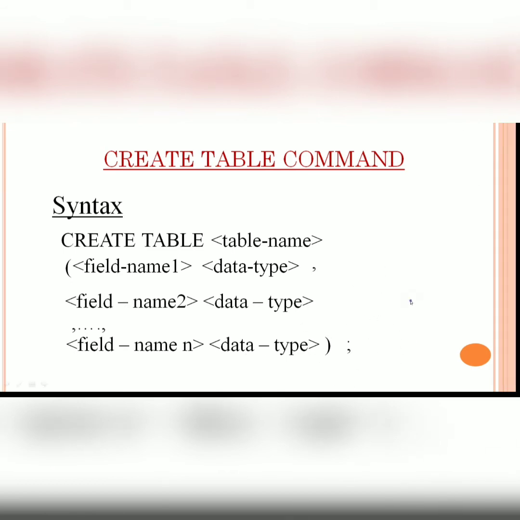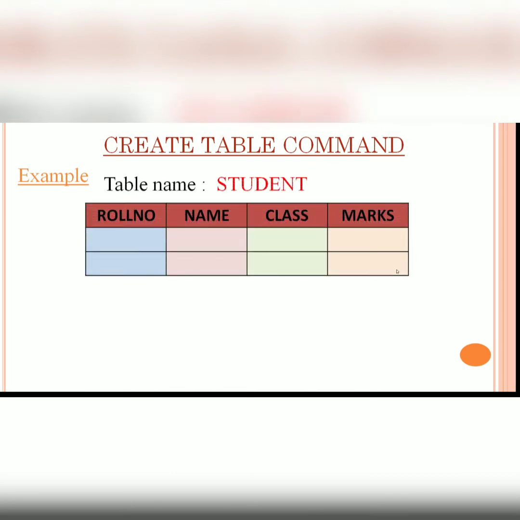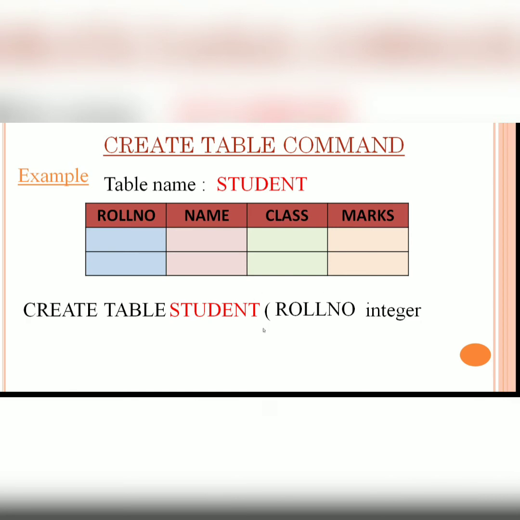Let's understand this with the help of an example. Suppose we want to create a table named student in a database along with four fields: roll number, name, class and marks. So for creating this table, we follow the syntax which we have learned. So first we write the create table. After that we will write the table name, that is student. Then after opening bracket will be used. After that we will write the first field along with the data type. In this field I want to use integer value, so I am using the integer data type. If you want to store any other type of value, then you can use any other data type.